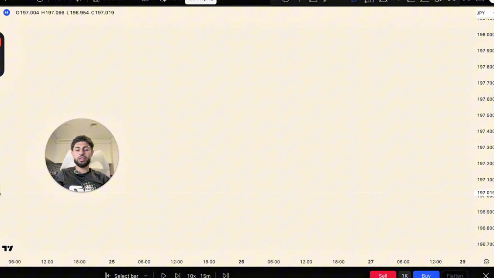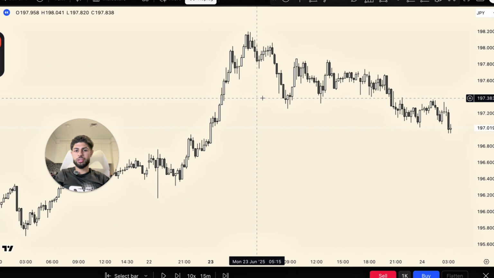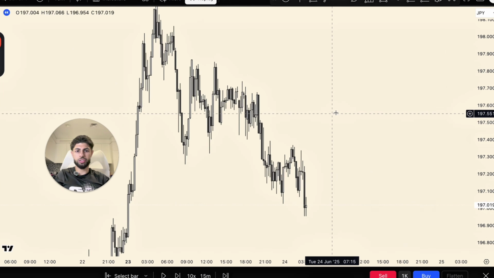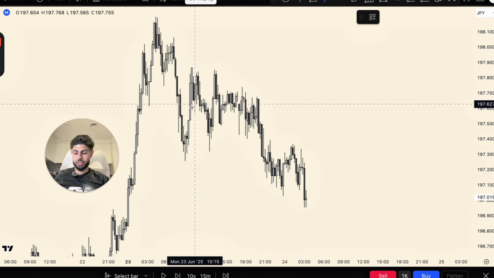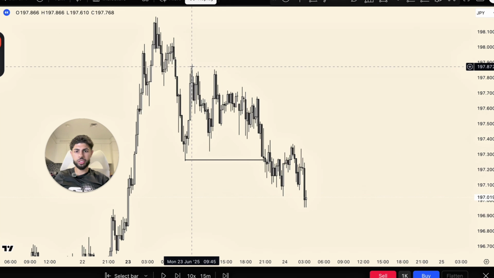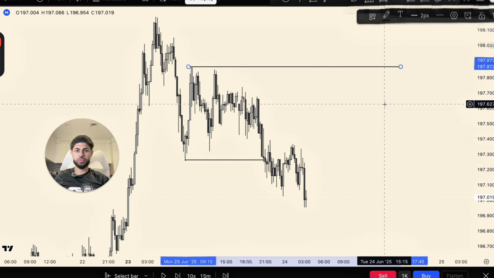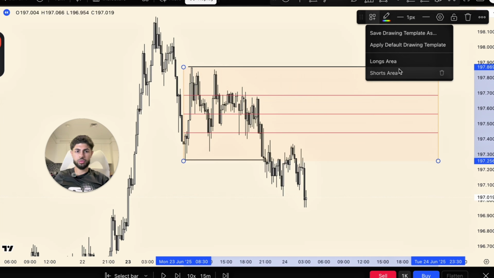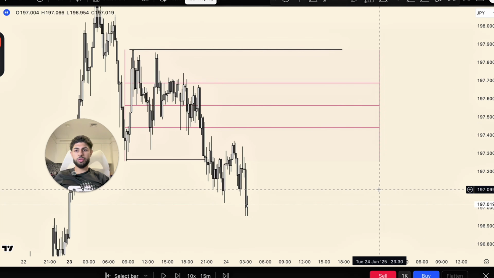Now, exact same thing in a downtrend. So let's see what we have here. You can see price is trending lower. So first we want to see a POS, break of structure, boom. Protected high up here. We can draw a zone from here to here. Now I'm looking for